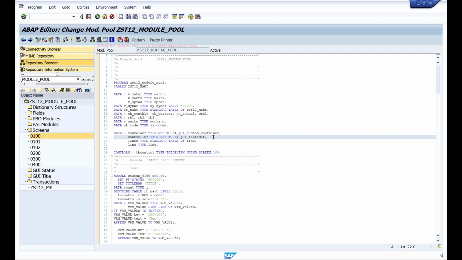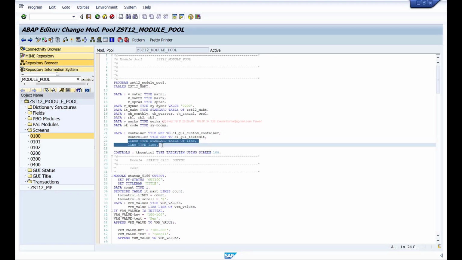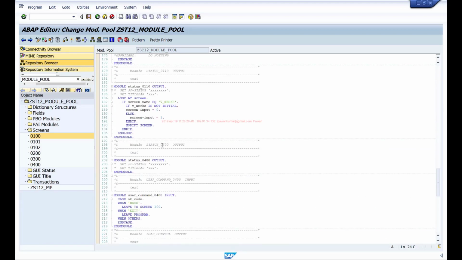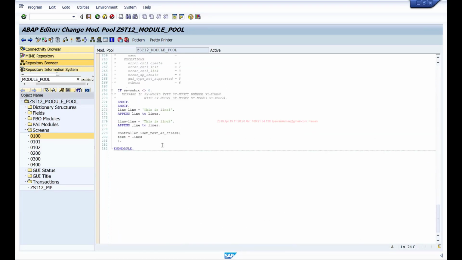If you want to show a picture, then you can use CL_GUI_PICTURE as the class, and then I'm calling one of the methods of this class to pass the text that should be displayed in that text editor. So it has one parameter called line. So I'm defining one internal table and work area for that. So I'm filling my internal table with the lines I want to show, and then I'm passing that by calling this set text as stream.